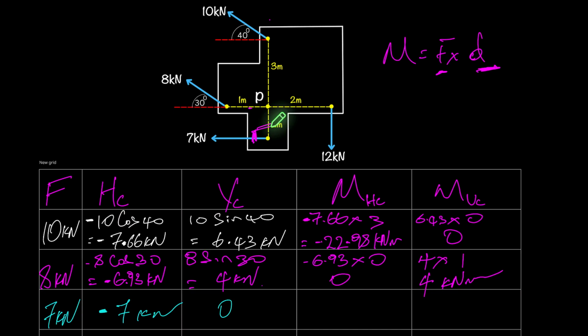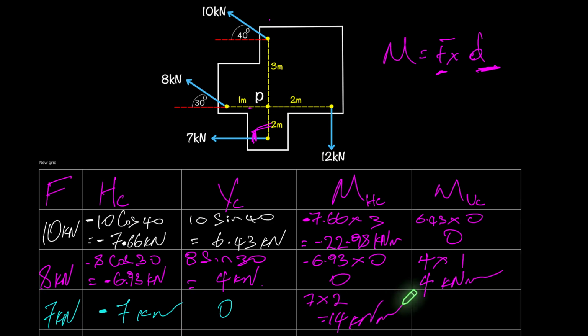Now, very importantly, you will notice here that the 7 kilonewtons, it's negative there, but I'm going to write it in here as positive, and I'll explain why that is so. So it's going to be 7 multiplied by the perpendicular distance of 2, so we end up with this being 14